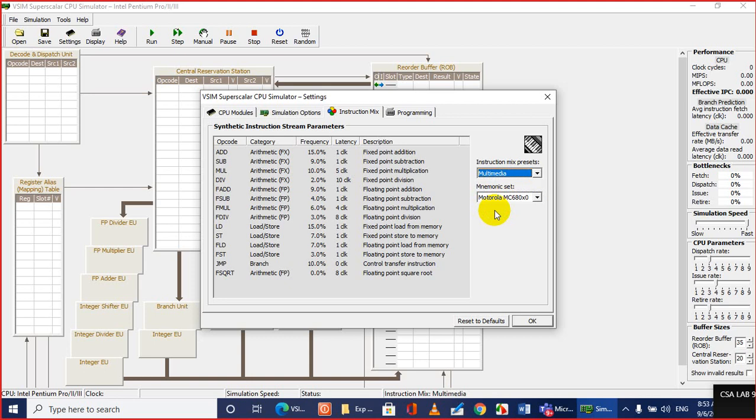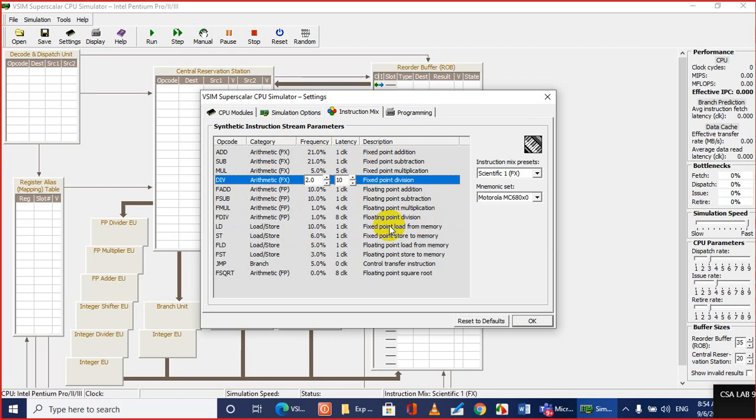If you choose any preset that closely represents that particular type of scenario, or depending on your special need, you can fine tune this percentage of time and these different latency parameters. So you properly choose the instruction mix, or select the percentage of time a particular instruction will appear in a program, through this interface.